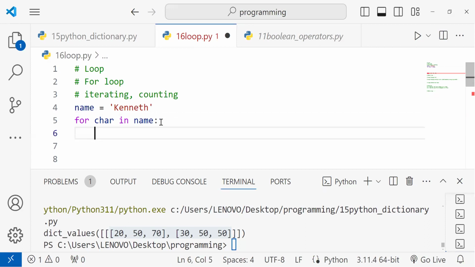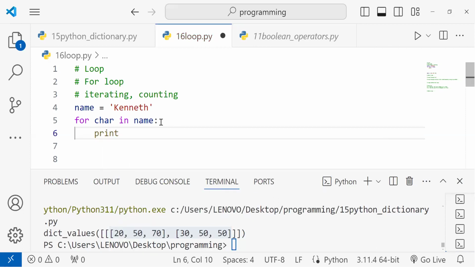So when I press enter, automatically that indentation works for me. For instance, let me just print char over here. Now this is going to loop through this piece of string over here. But then upon every iteration, or upon every counting of this looping, the first iteration, char is going to occupy,